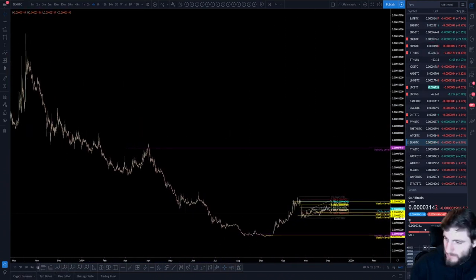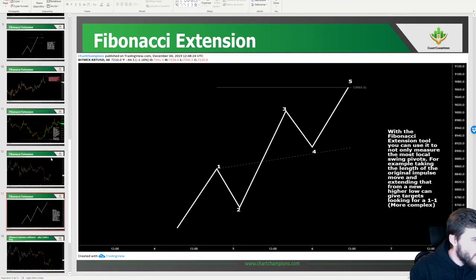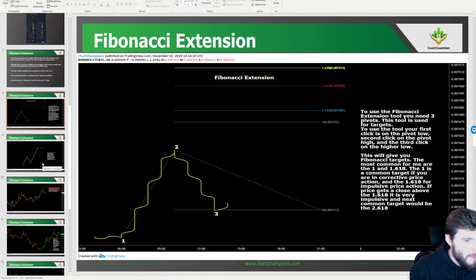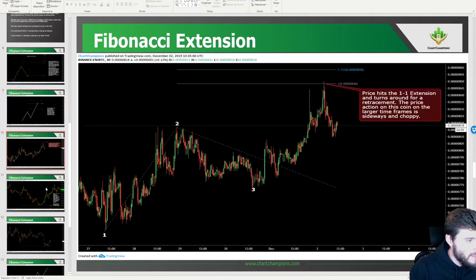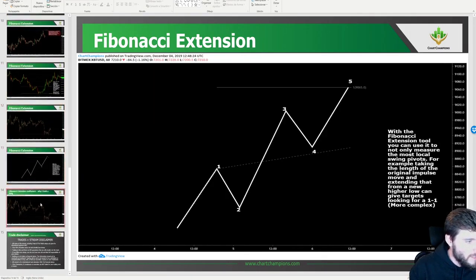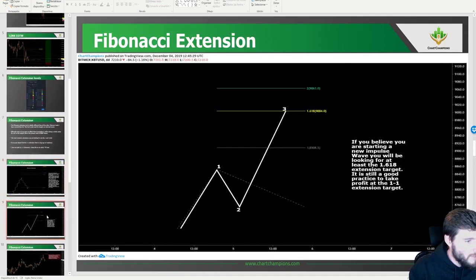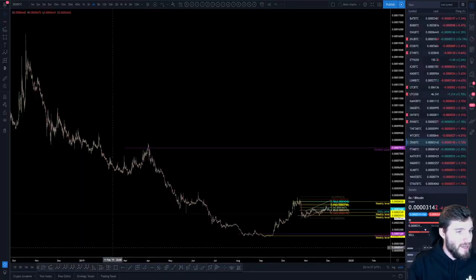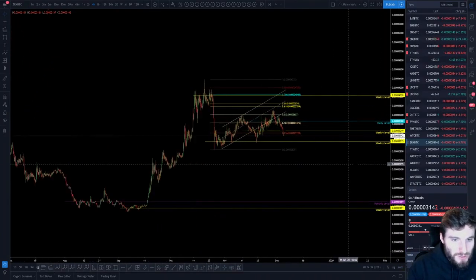Let me go through those questions a second. How can you predict the impulse move? It's annoying. I think I accidentally must have deleted a slide because I had a slide in here and I must have deleted it or not put it on. It's really frustrating. But I'm not sure. I definitely made this one.